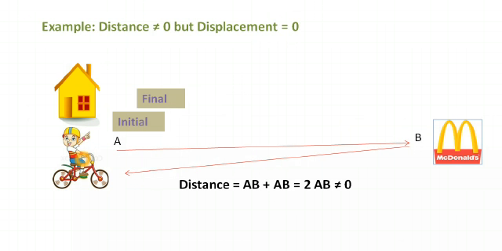So what is displacement here? When initial and final positions are the same, there is no path, there's no length between, no shortest distance between initial and final position. It means both the positions are same. That means our displacement will be 0, right? So now I hope you are able to understand what is distance and what